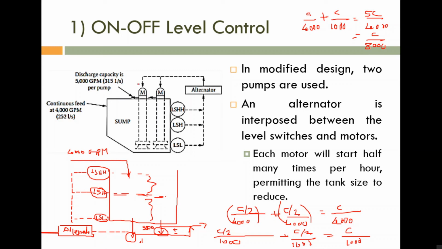You can see that in the previous case, the operating time of one pump, if it is working, is C by 1000. If you are using the previous instrumentation for this particular one, then the operating time is C by 1000. But here, the operating time of one tank is C by 2 divided by 1000, means C by 2000. Means the duration of the operation of that pump is reduced, halved. Okay, so number of starts are not reduced. Operating time of that pump is reduced. So that's the difference between the previous instrumentation and this particular one. Here, the operating time is reduced, not the number of starts.